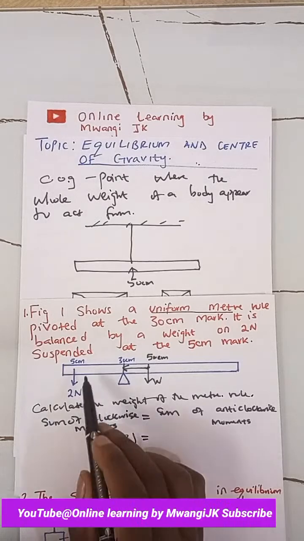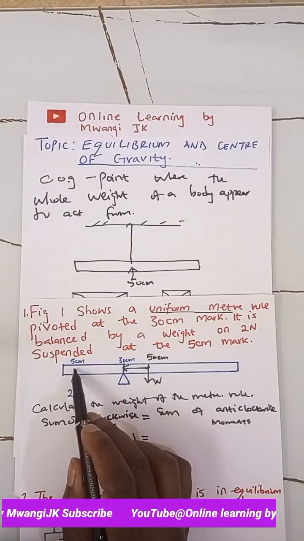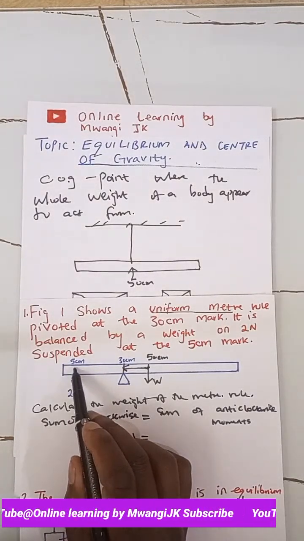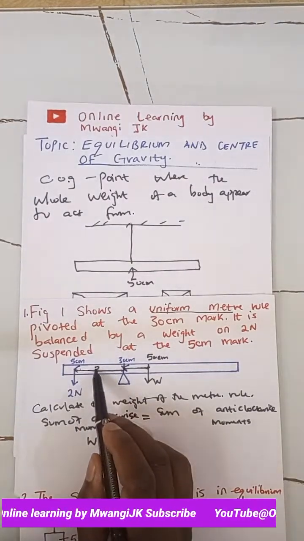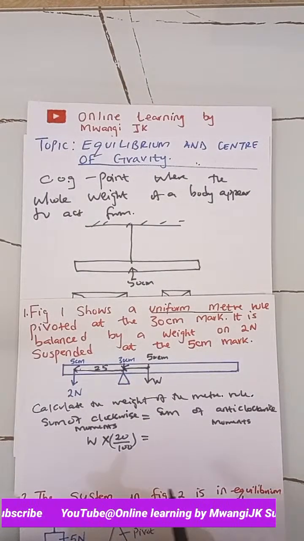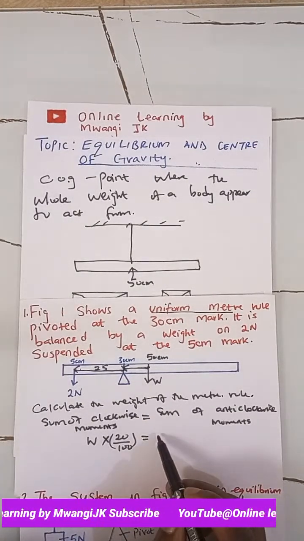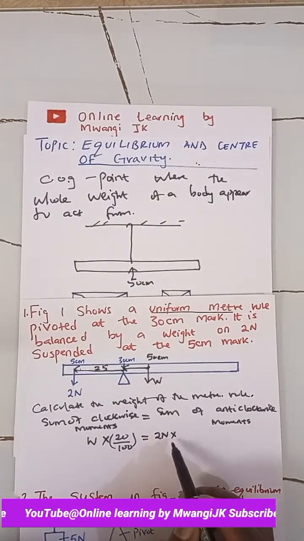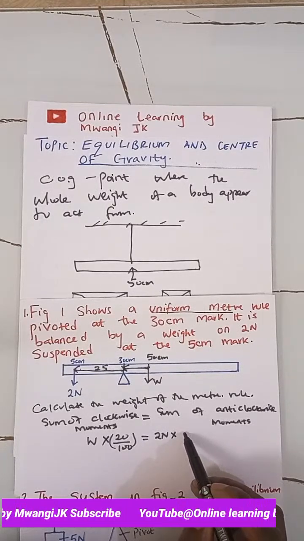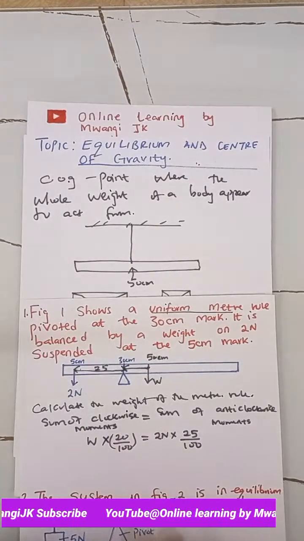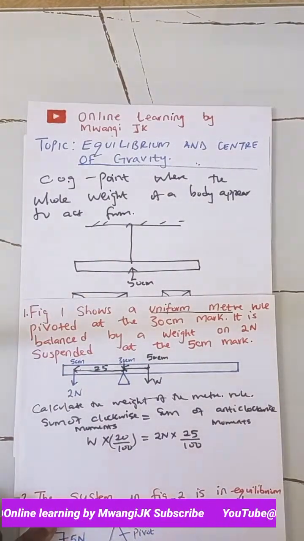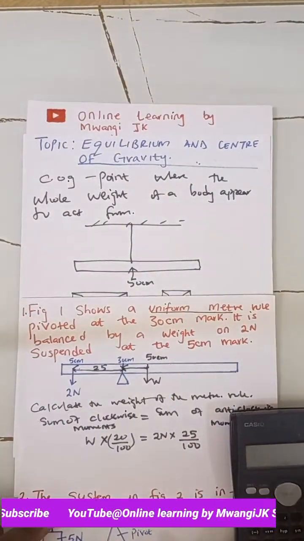This should be equal to, we were told it is balanced with this 2 Newton at 5, so the remaining distance is 30 minus 5, so this is 25, and therefore we are going to talk about the force 2 Newton, multiplied by the distance 25 divided by 100, and now taking these to the calculator, we have